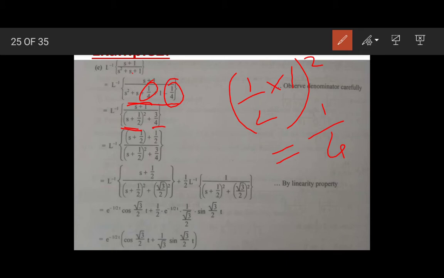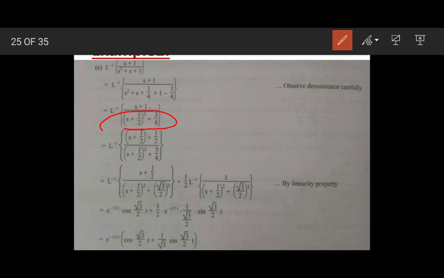Okay, so that is why I am finding this third term. Because of this I am able to write this in whole square form. Okay, so after writing in whole square form, next is, let me clear the screen. Yeah, so I have written this as whole square form, s plus half the whole square.